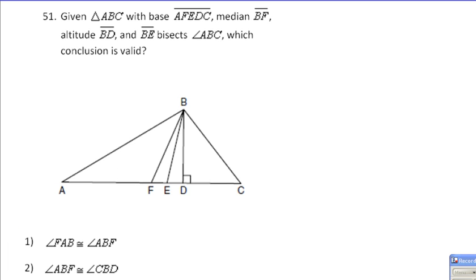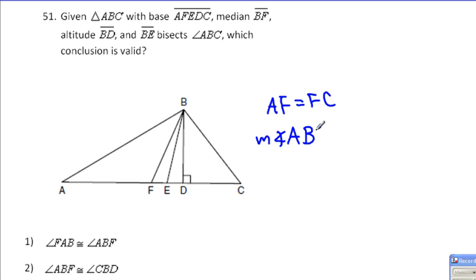Alright, so here we have median BF. BF is the median, that means AF must be equal to FC. Because that's what it does in the altitude. Of course, it creates the right angle. And then BE bisects the angle, that means measure of the angle